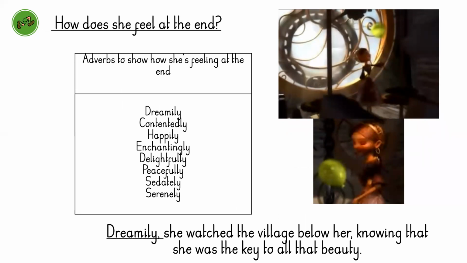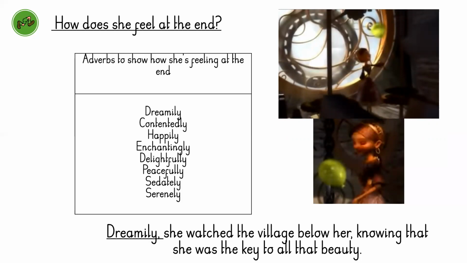Okay, because it might be that you've decided she doesn't actually feel that happy. Okay, it might be that she's more peaceful than happy, or more content, or the fact that she's dreaming, and sort of in that serene state of just wonder at the amazingness of what has happened. Okay, so this gives you sort of more freedom of a positive feeling shown through an adverb at the end. So how might she be feeling?